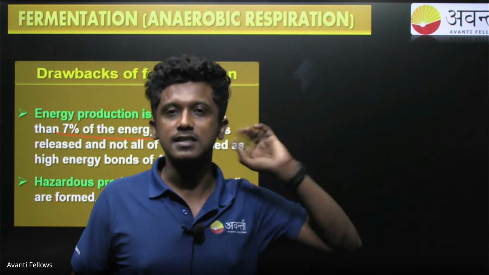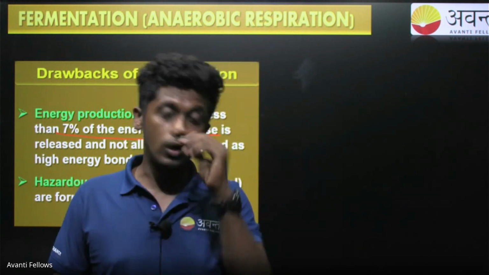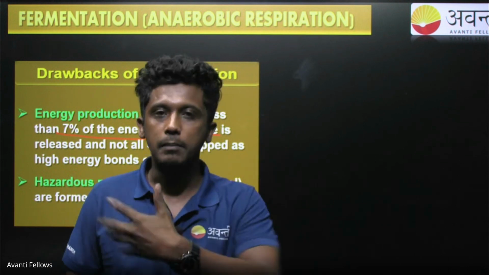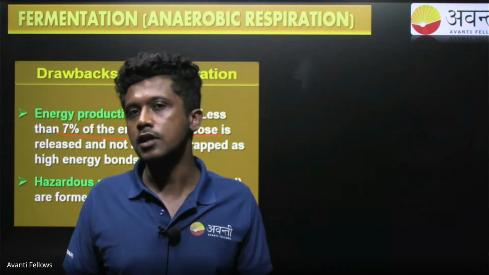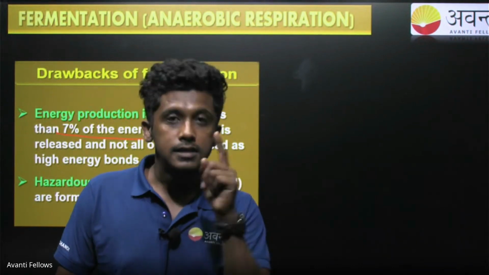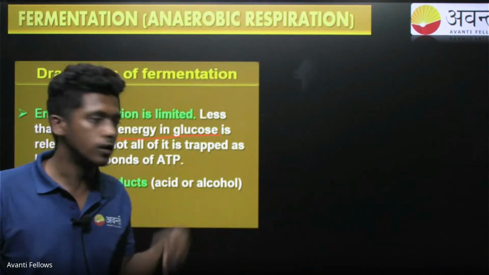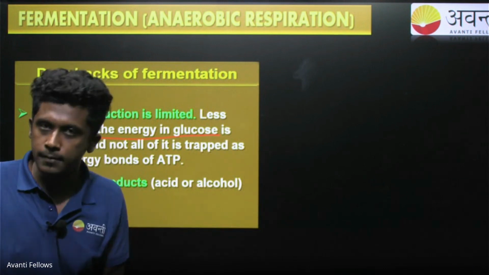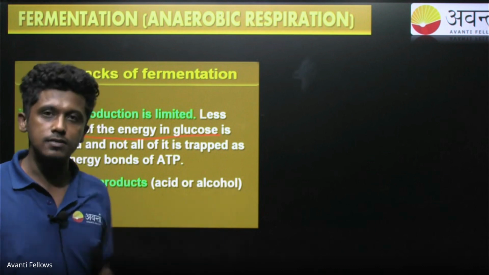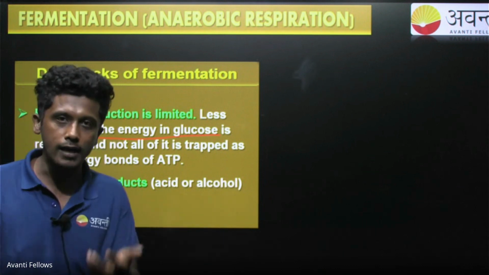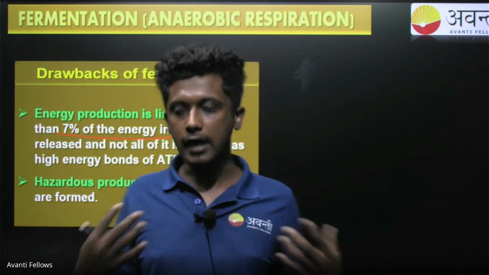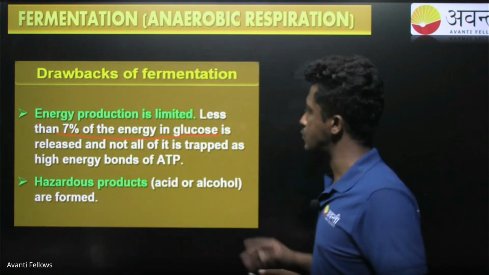Even cells like yeast, which produce alcohol, cannot accept unlimited amounts of alcohol in their environment. It can only tolerate 13% alcohol. As we metabolize, byproducts are produced. For example, we breathe out and carbon dioxide comes out. Similarly, when pyruvate is converted into lactic acid, or into alcohol in organisms like yeast that produce alcohol in wines, it cannot tolerate more than 13%. It will get alcohol poisoning and eventually the cells will die.